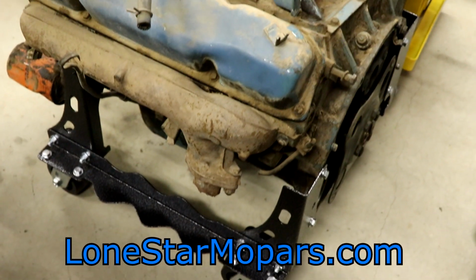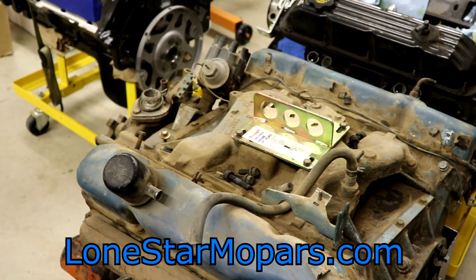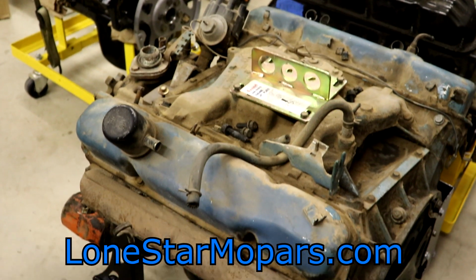Just a little teaser for those of you that hung around at the back. We got 4 motors in here right now. There's 1. There's 2. We're gonna have time for this? Oh, I don't think we are. What if